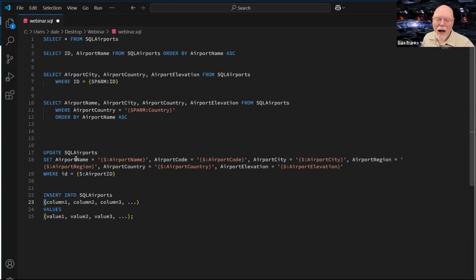So I have to set airport name, airport code, airport city, and we're going to have to keep going. Airport region, airport country, and airport elevation.